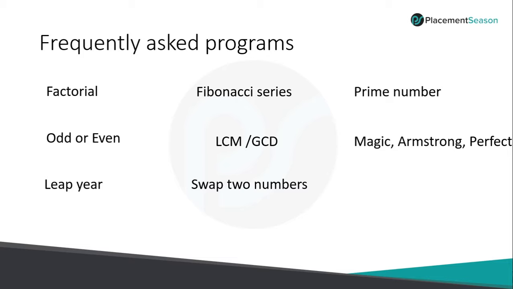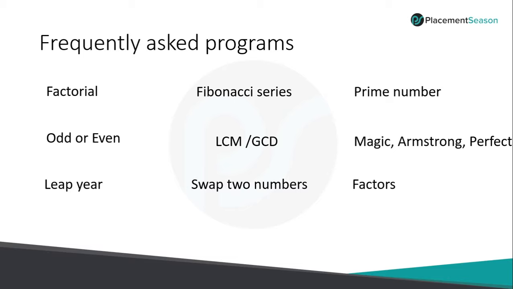Then you will be getting questions based on swapping two numbers. This question is asked in many interviews, like swap two numbers without using a third variable. There are n number of ways you can do that. Either you can use the addition concept or multiplication concept or XOR logic to print the swapped numbers without using a temporary variable. Sometimes they will ask you to swap two numbers by using a temporary variable also. So these are some of the questions which you can expect in branching and looping.